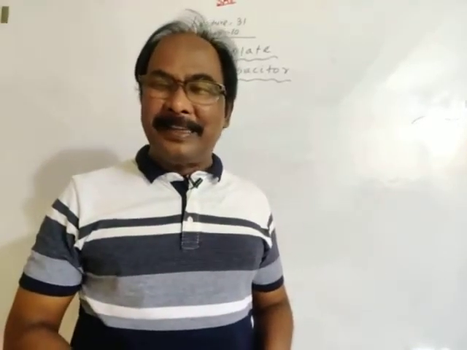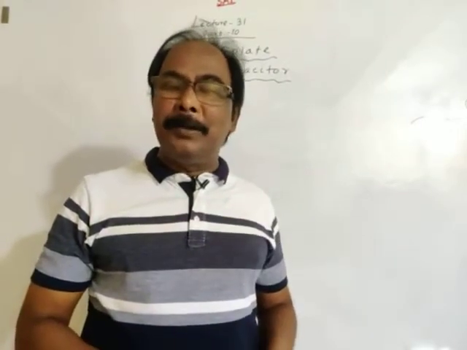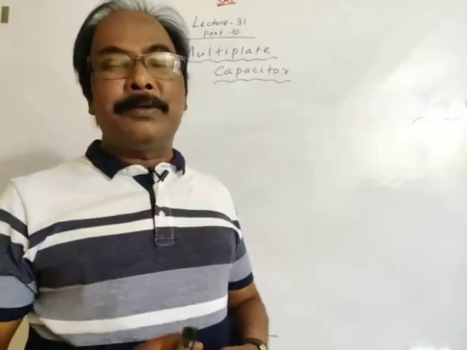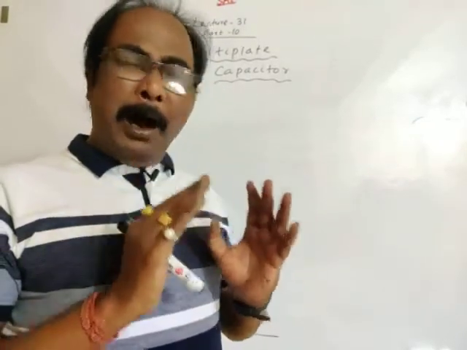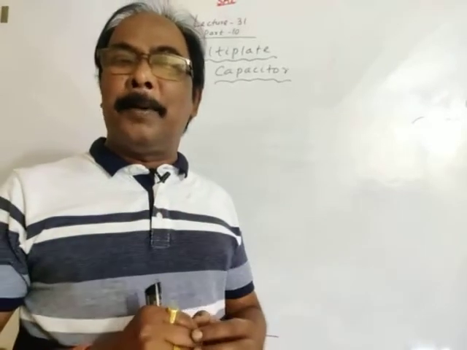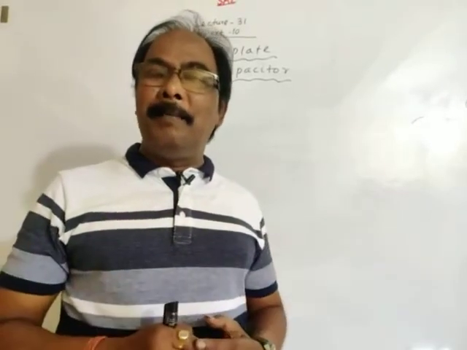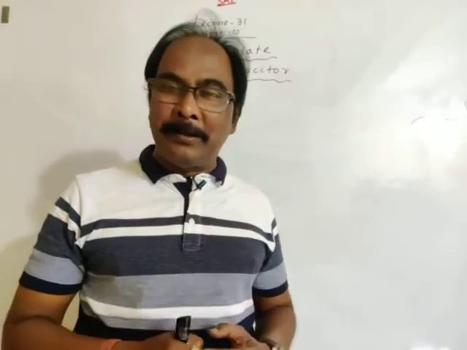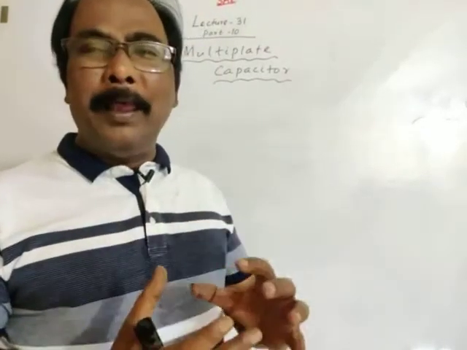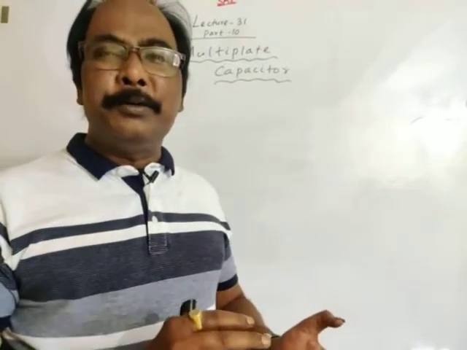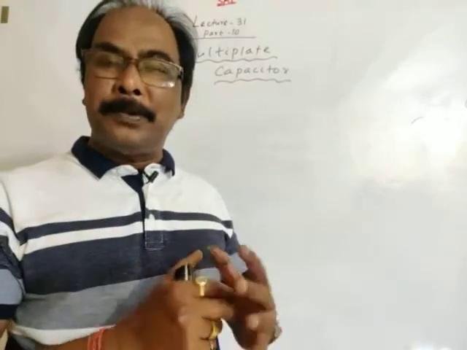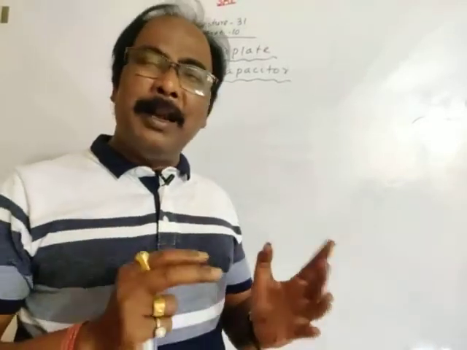Welcome to Cars Physics. We are continuing chapter number 2, electric potential and capacitance, and in previous lectures we have discussed how to find equivalent capacitance in combination of capacitors by applying different concepts or different methods. So we have discussed the potential method, how to apply Kirchhoff's law, balanced Wheatstone's bridge, unbalanced Wheatstone's bridge, and the concept of short circuit of capacitors, and so on.